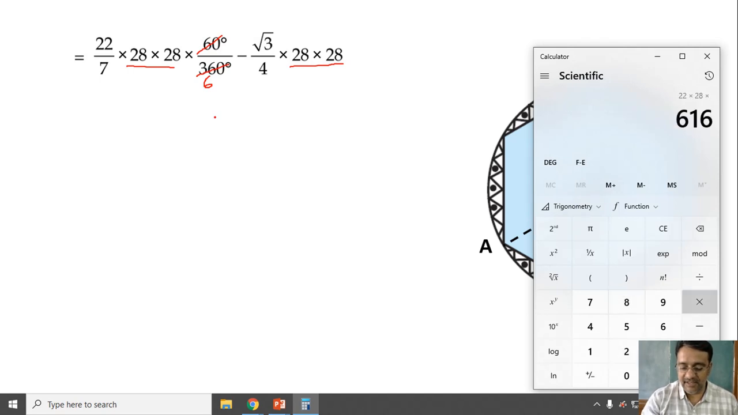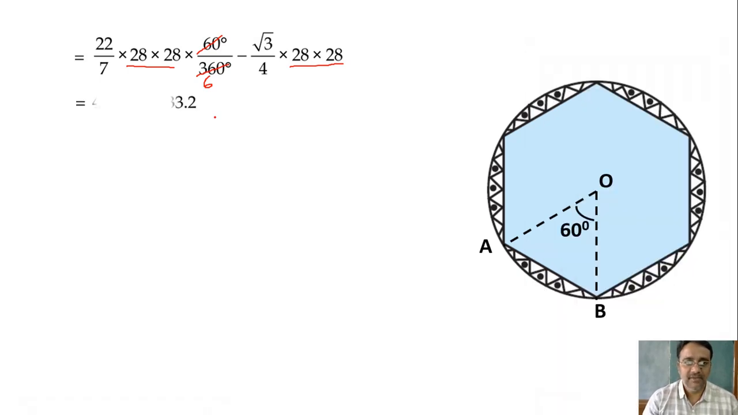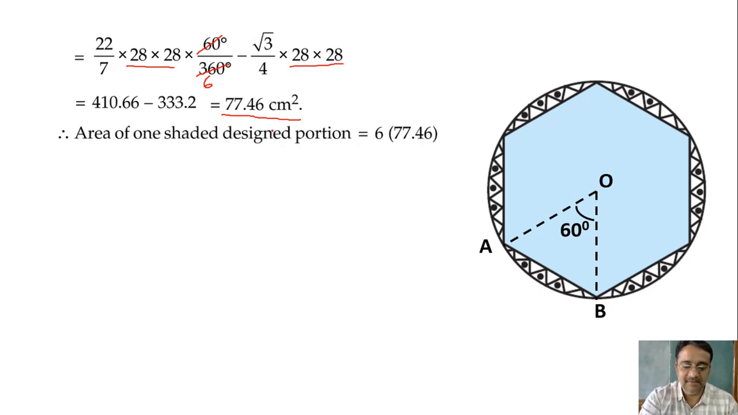22 into 28 into 28 divided by 42. So this is the first answer, 410.666666, and the next one 1.7 into 28 into 28 divided by 4, 333.2. So if you subtract, we'll get 77.46 centimeters square. Now area of one shaded design is this one. So total 6 hai, so we have to multiply by 6. So we'll get